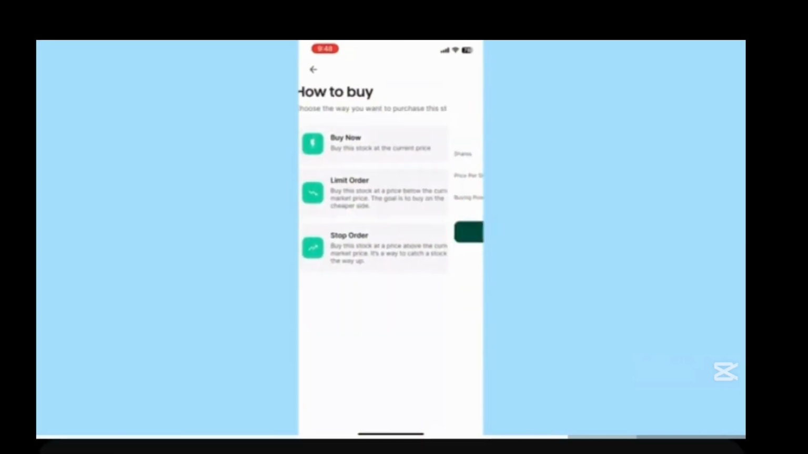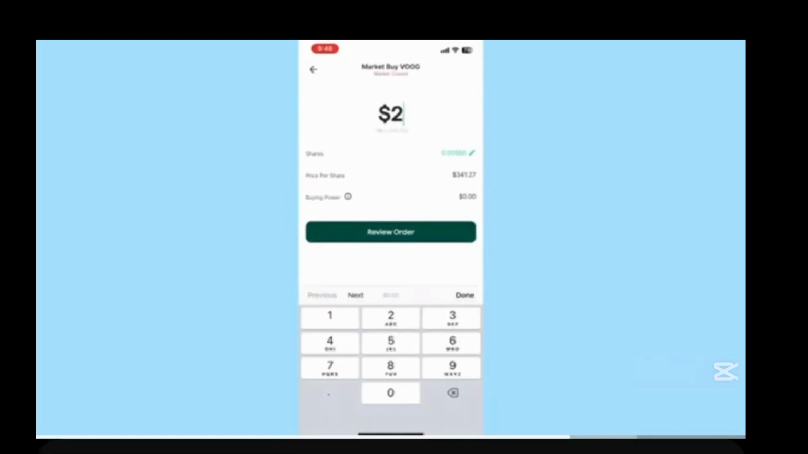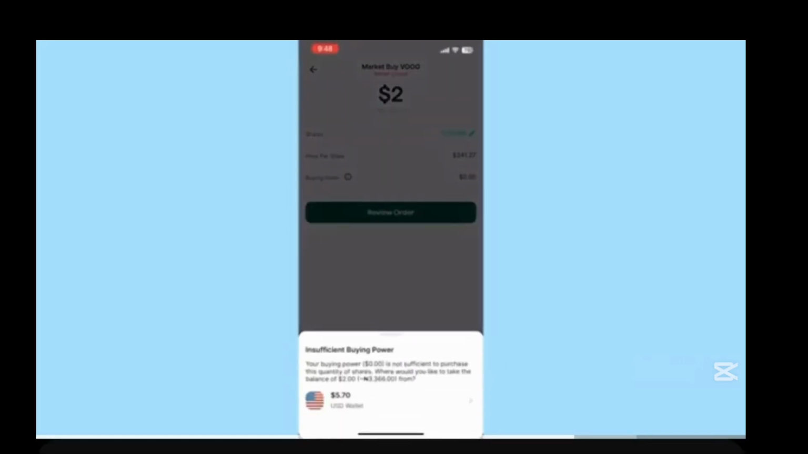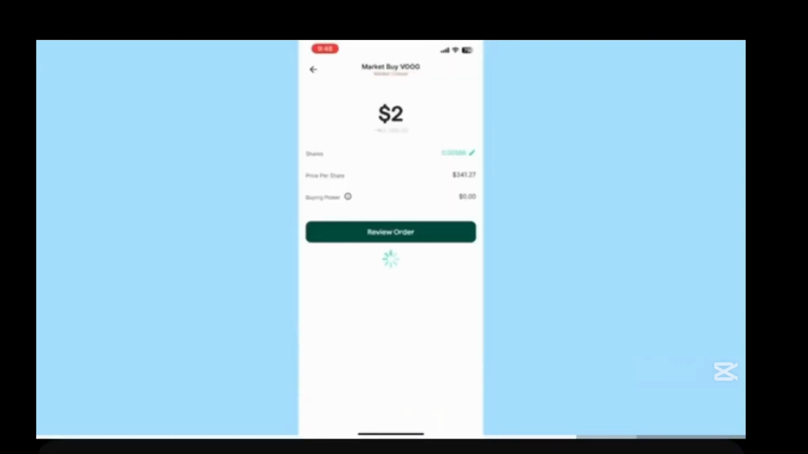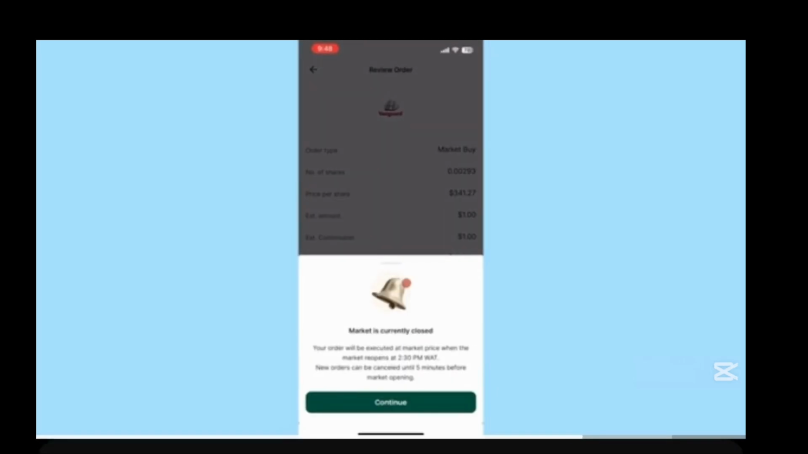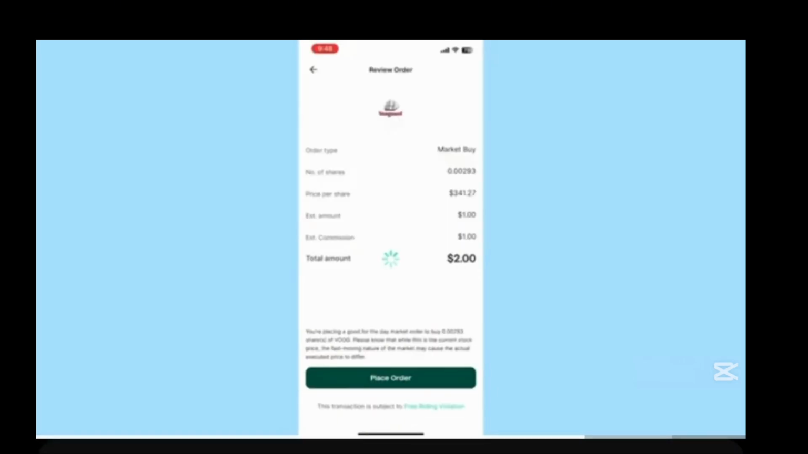So I'm just going to click on the buy now button and still go for $2 like I did with Apple. I'll click review order, pick the funding wallet from my USD wallet and click place order. I'm still informed that the market is currently closed and asked if I should continue. I say continue. Please note that you can actually cancel the